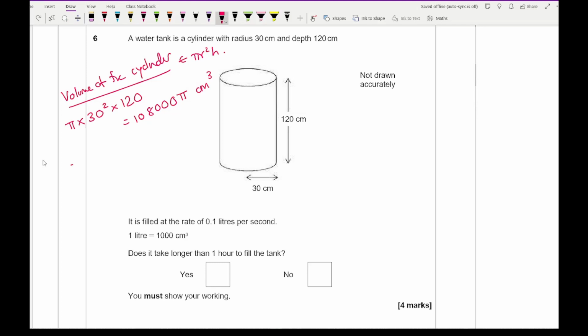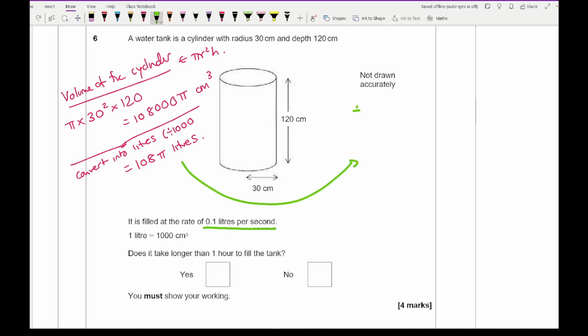So now what I want to do is convert that into litres. And how do I do that? Well, I divide by 1,000. So if I divide that number by 1,000, I get an answer of 108 pi litres. So now that I know the capacity in litres, what I now need to do is work with the rate, which is 0.1 per second. So from this, if I do 108 pi divided by 0.1,